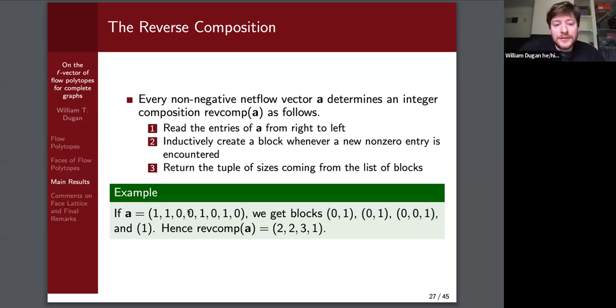But here's an example. We have the net flow vector A. We read it from right to left. So we have 0, 1. We stop because we hit a non-zero entry. So that's our first block. And then we keep reading: 0, 1. We get another block. 0, 0, 1. We get another block. And then finally 1. So these are our blocks. And now rev comp A is just the sizes of those blocks: 2, 2, 3, and 1. And so that's our composition. Any questions about this? Okay, so